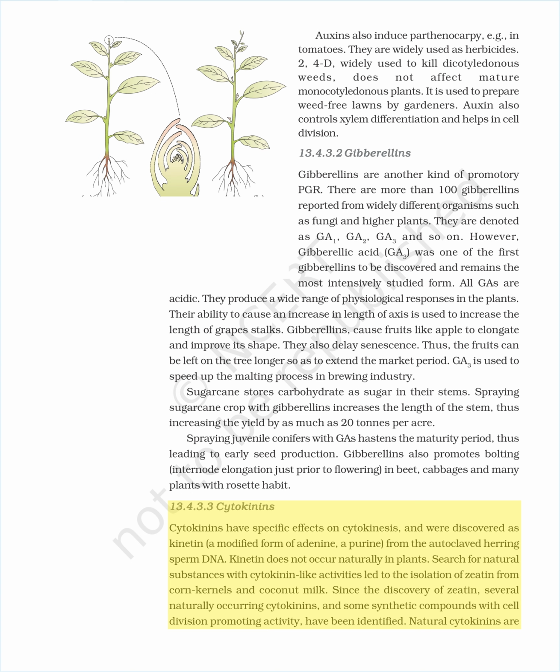13.4.3.3 Cytokinins have specific effects on cytokinesis, and were discovered as kinetin, a modified form of adenine, a purine, from the autoclaved herring sperm DNA. Kinetin does not occur naturally in plants. Search for natural substances with cytokinin-like activities led to the isolation of zeatin from corn kernels and coconut milk. Since the discovery of zeatin, several naturally occurring cytokinins, and some synthetic compounds with cell division promoting activity, have been identified. Natural cytokinins are